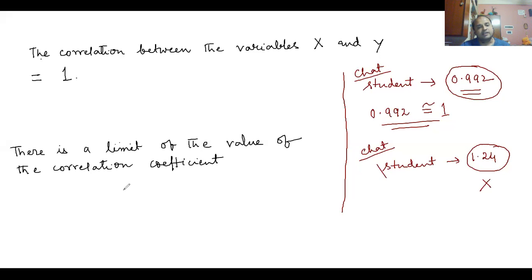If the correlation coefficient between the two variables is denoted by R, then it should be greater than or equal to -1, and it should be less than or equal to +1. So you cannot have